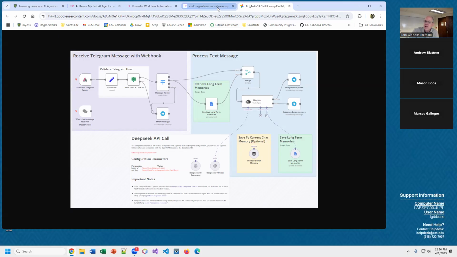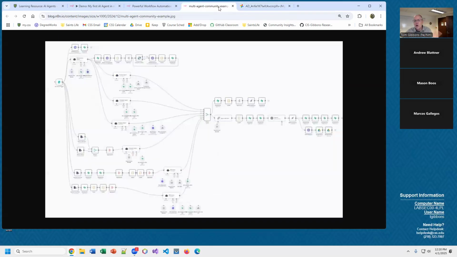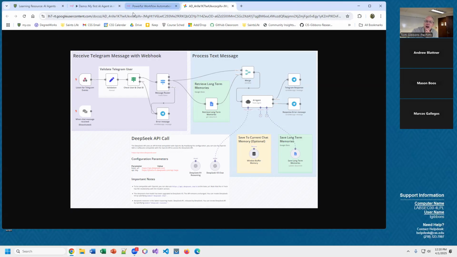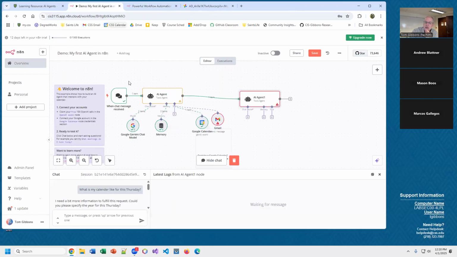So again, this is called no code, kind of drag and drop these sorts of tools to create these complex interactions. And there are lots of tools in here and templates for adding things here. Now, I'm not going to go into this now. If you want to learn more about this stuff,